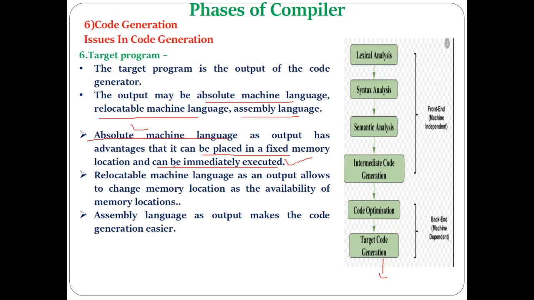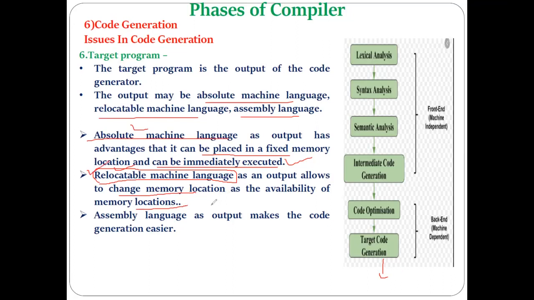But if your output as a machine code is in the form of relocatable machine language code, what? Relocatable machine language code. As the name says, it is a relocatable machine language code. You can change the memory location as per the availability of the memory location, and you can execute the particular machine language code from a different memory location, because it is relocatable,